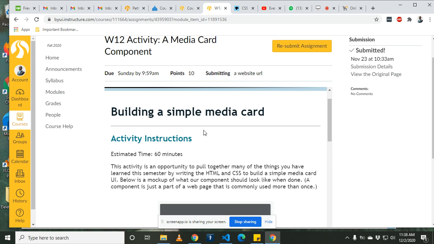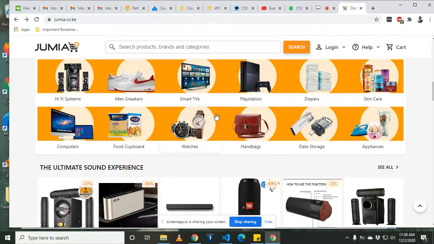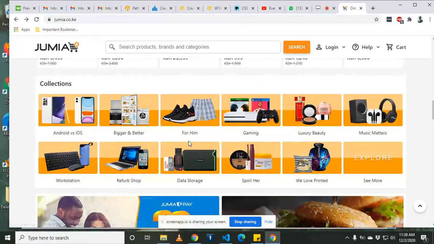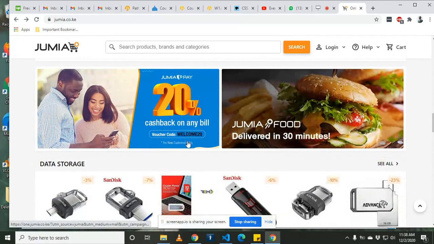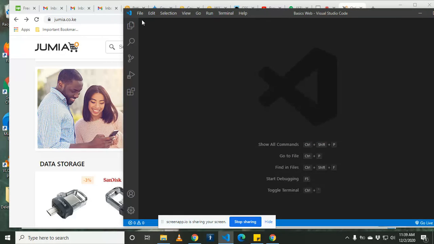So the assignment for this week, part of it, I required us to build a simple media card. So I'm just going to illustrate to build something maybe similar to this, but I'll apply what we are supposed to do. Okay. So the first thing I'm going to do is to create here, I'm going to create a